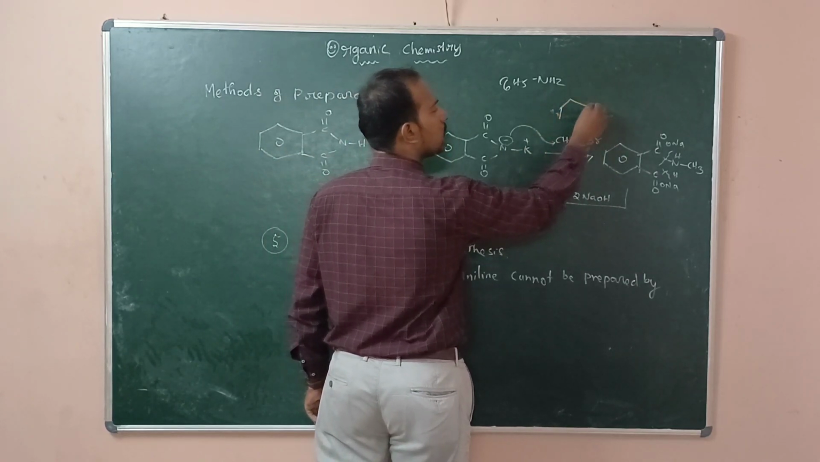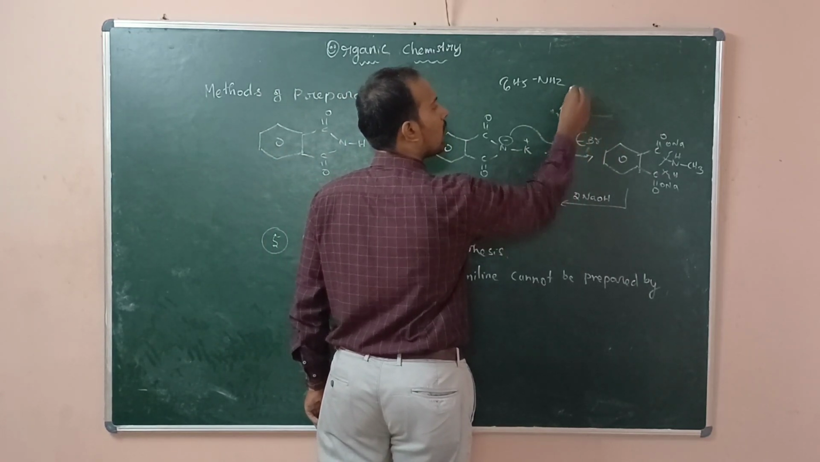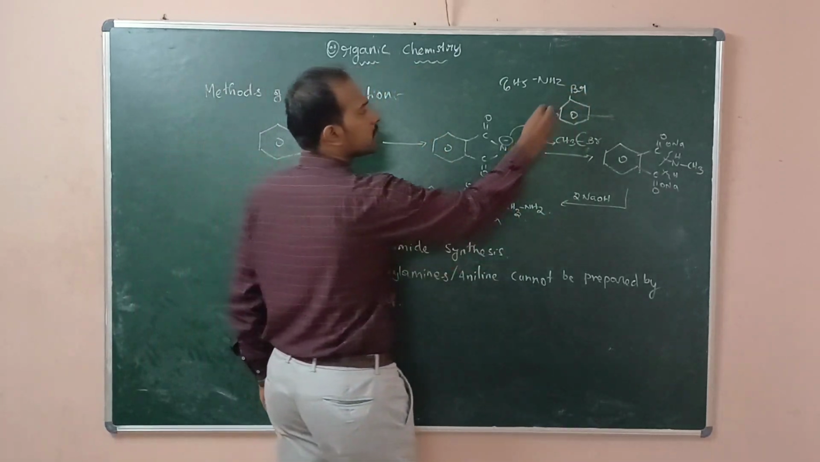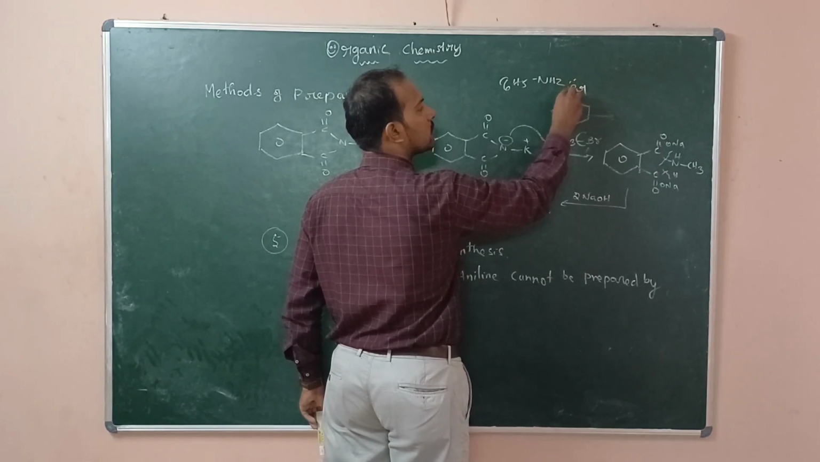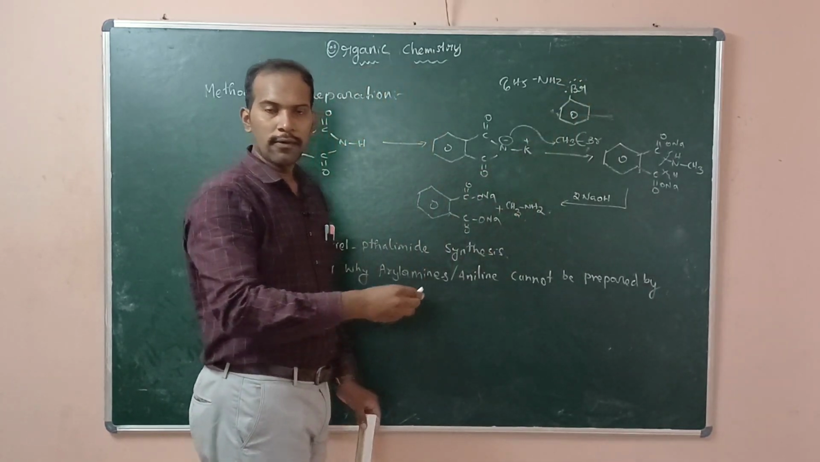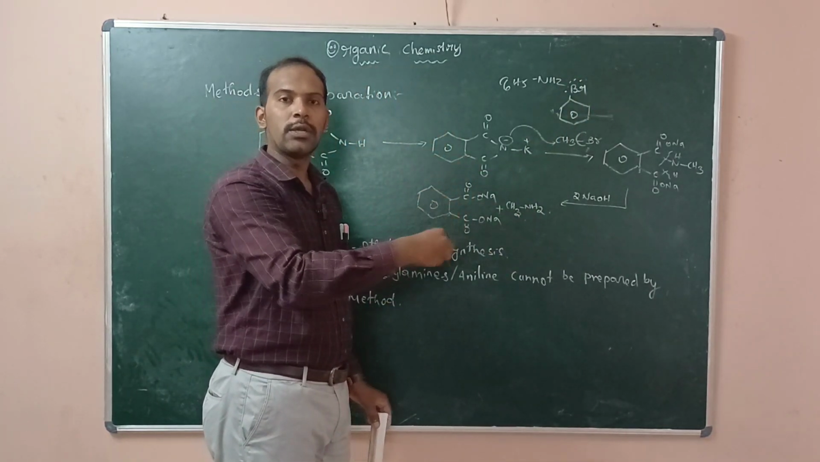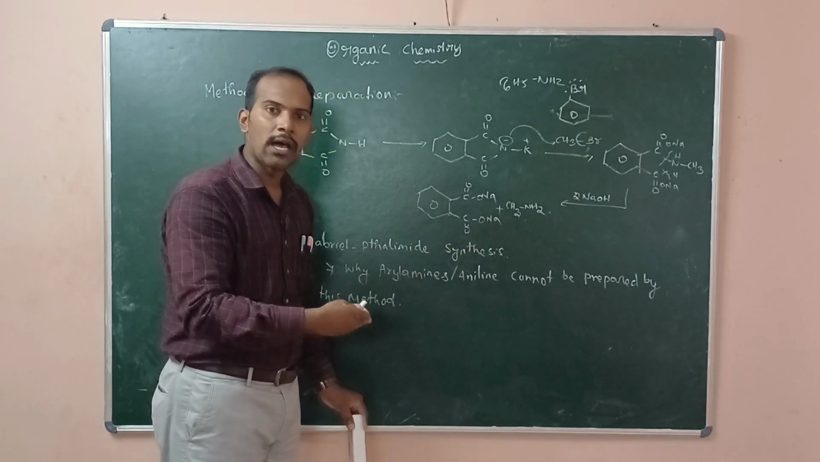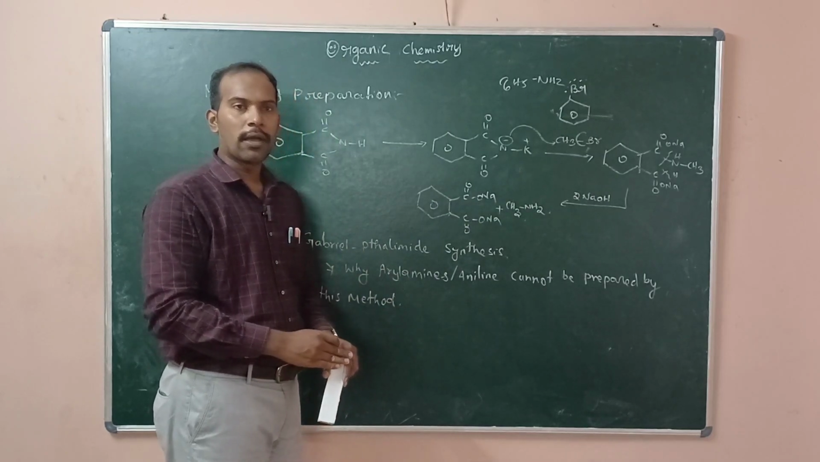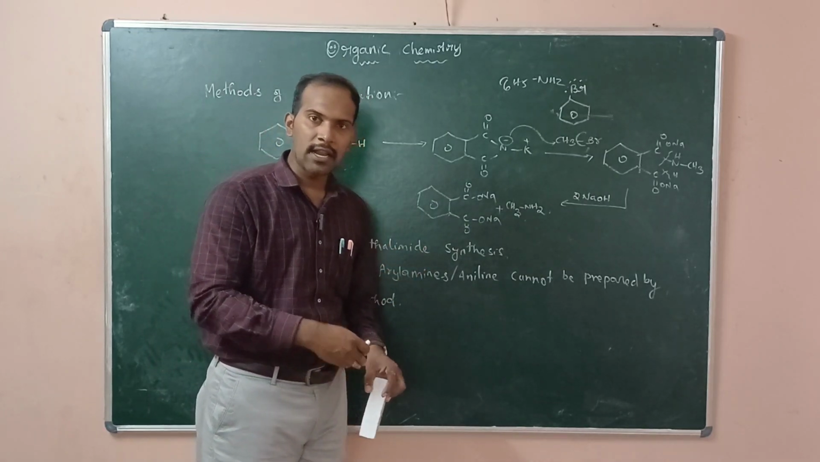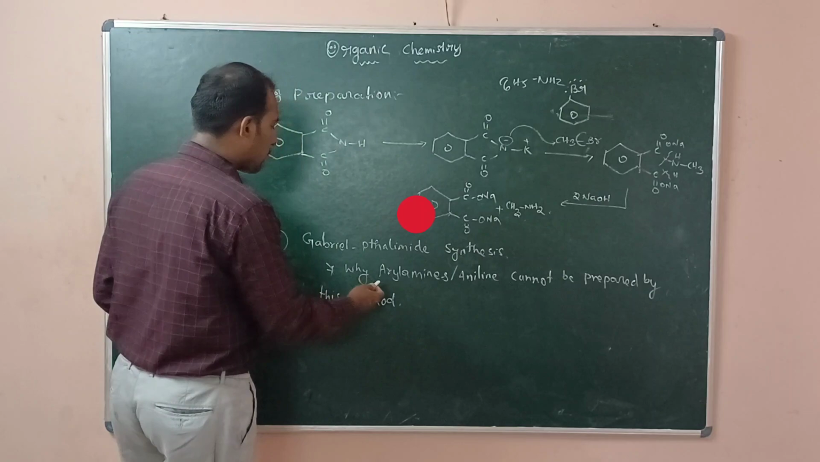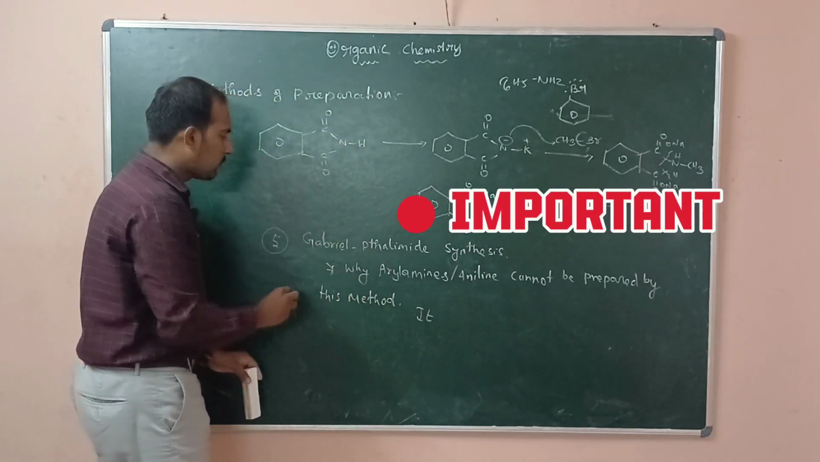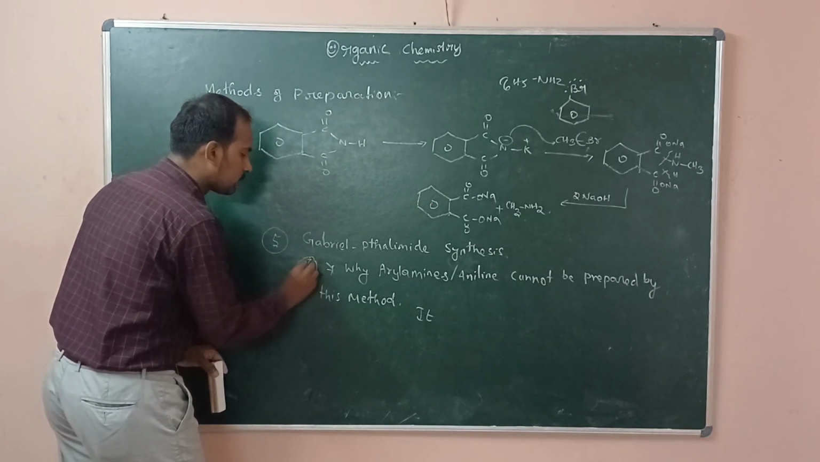Now you can see benzene, with one bromine present. This has a lone pair of electrons, which undergoes resonance. Due to this reason, nucleophilic substitution reaction of haloarenes is very, very less, so aromatic primary amines cannot be prepared. Here, for a very important one more question, the answer is: